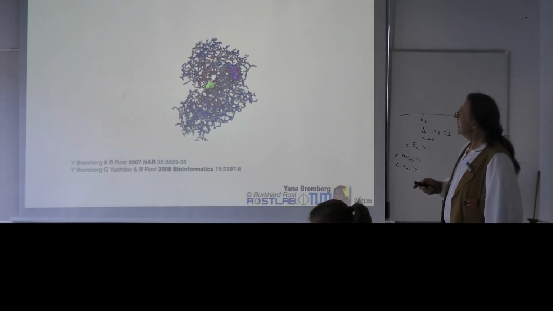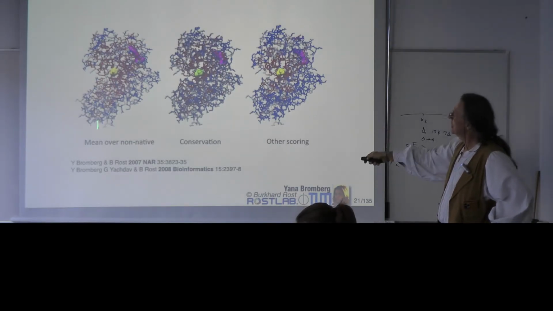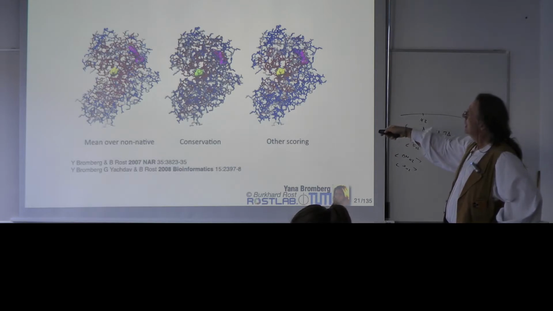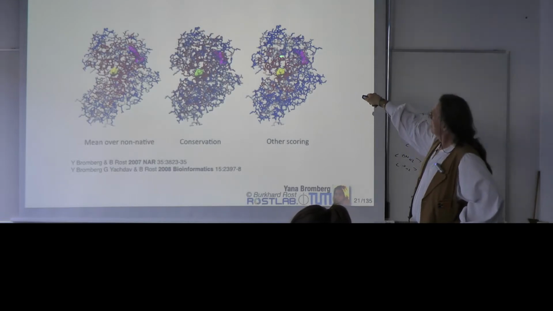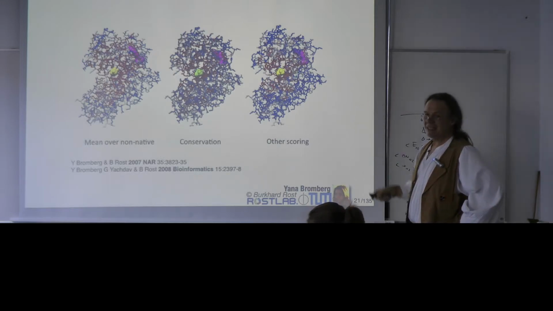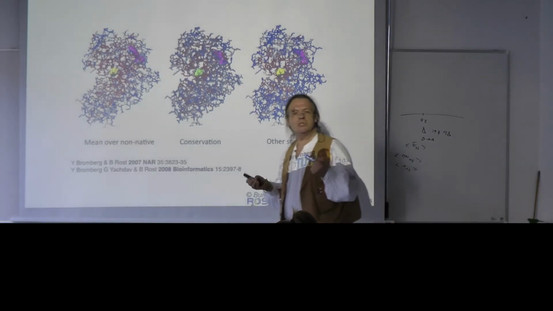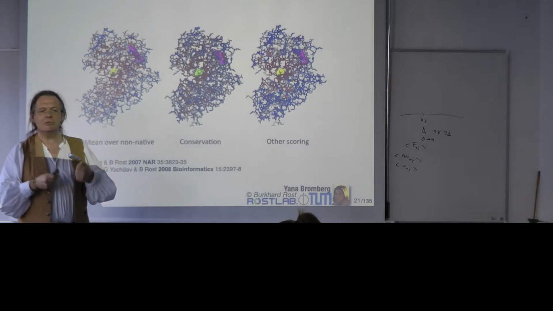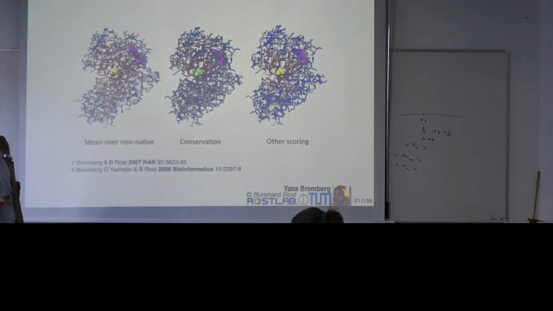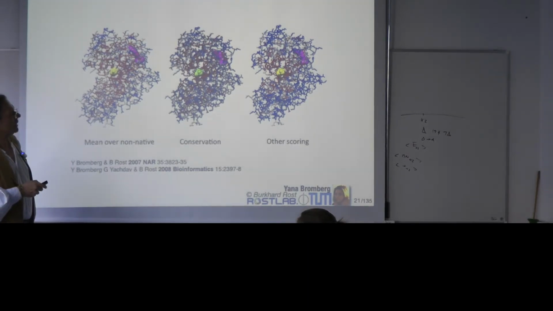And here is an example, and I'm sorry, the quality is slightly better on this slide here. Let's just focus here. Let's not discuss what differs here. Mean over non-native. So there's red, and there's a density of red here. A density of red means essentially, in this average overall 19 non-native, what are the most sensitive, the hottest spots in that sense. The red is most sensitive to variation if I do something like 19 non-native. And the differences here are the way you average and what exactly you look at.